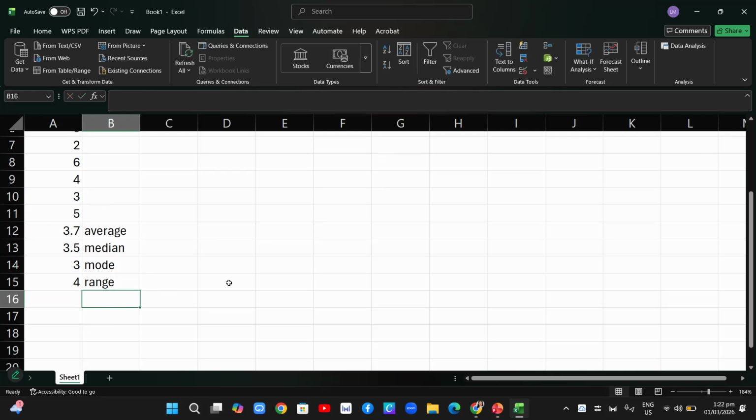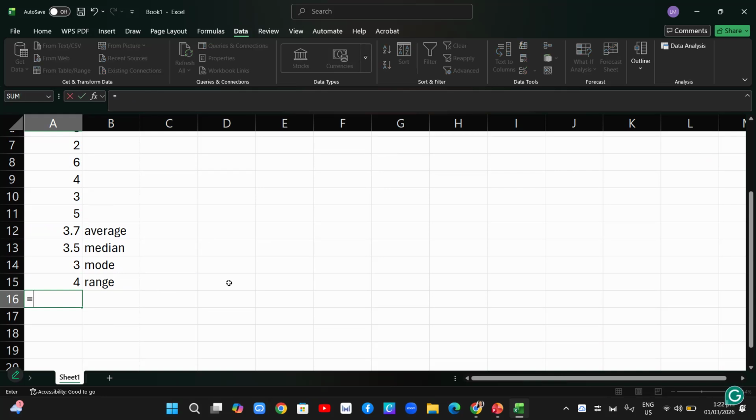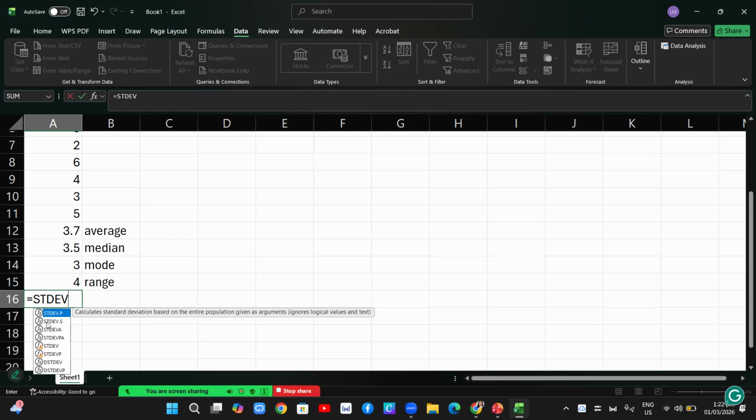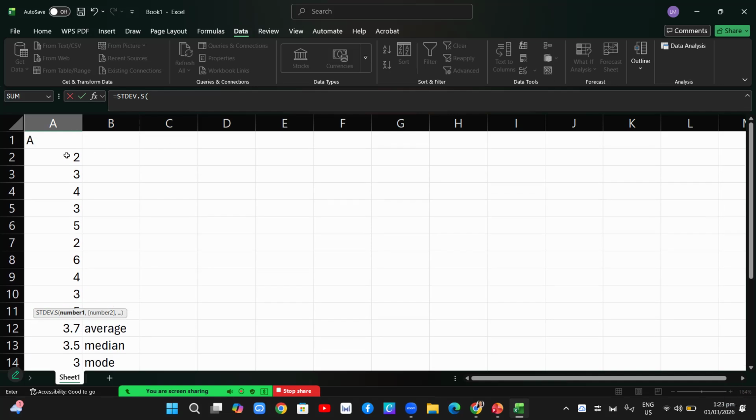Okay, so now let's have the standard deviation. When you have the standard deviation formula, you will use equals and then capital STDEV, stdev.s. So we have here stdev.s. You just click it, and there's already an open parenthesis. So let's click the values.